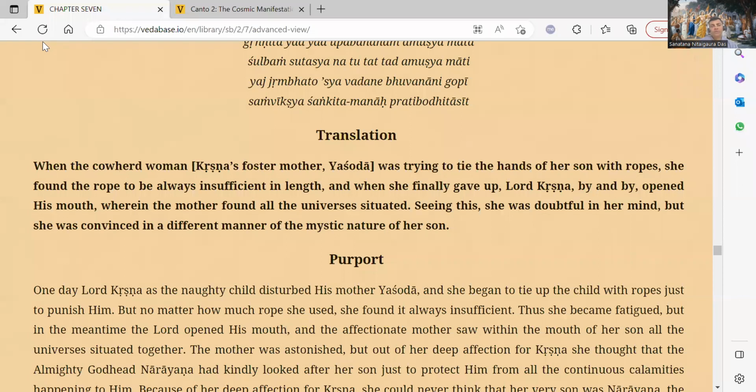When Krishna's foster mother Yashoda was trying to tie the hands of her son with ropes, she found the rope to be always insufficient in length. Two inches, we all remember. And when she finally gave up, Lord Krishna, by and by, opened his mouth, wherein the mother found all the universes situated. Seeing this, she was doubtful in her mind, but she was convinced in a different manner of the mystic nature of her son. Two different Leelas,